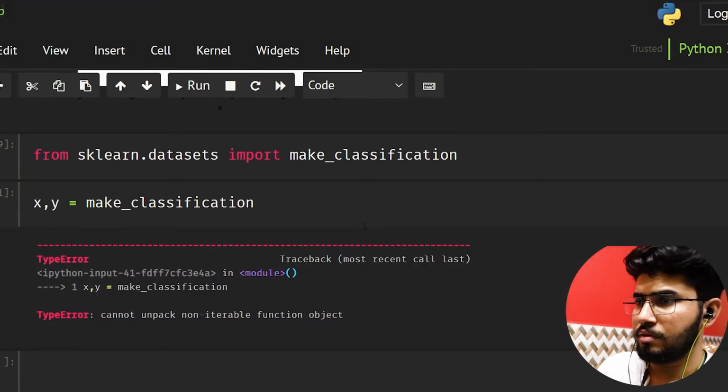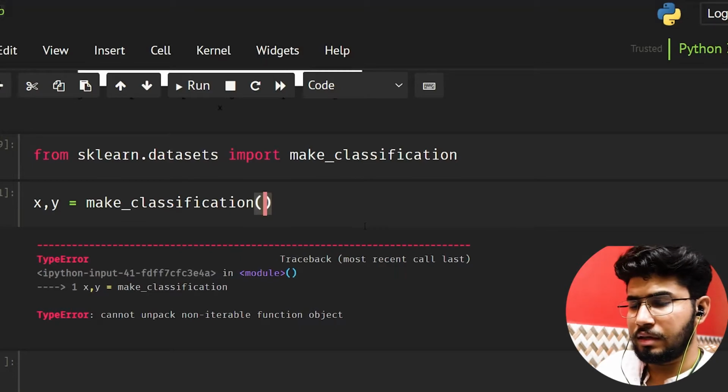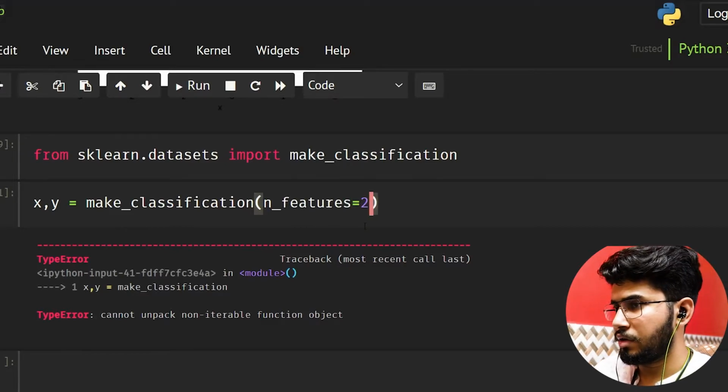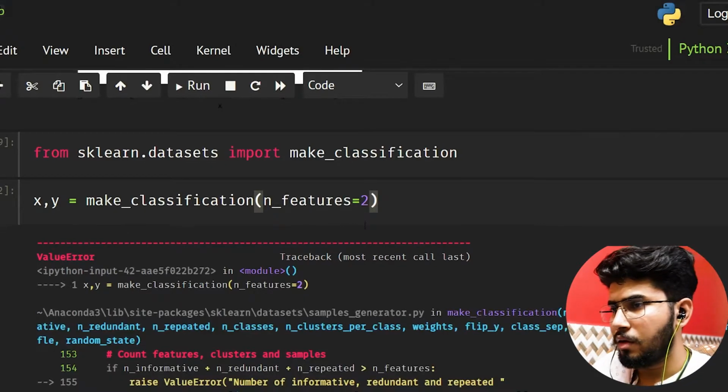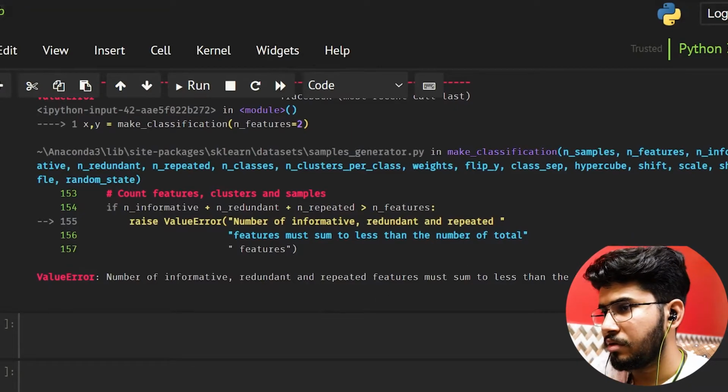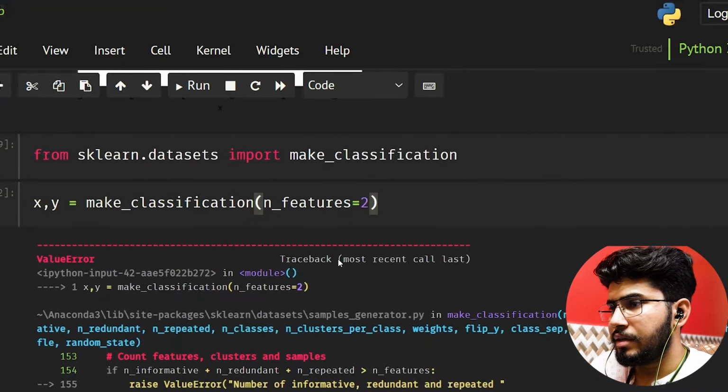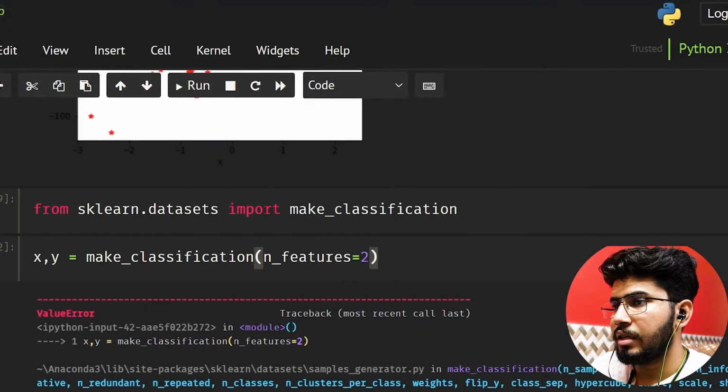So here, let's take n_features. We only need to change n_features equal to 2. Okay, it is giving us an error. We need to change that.